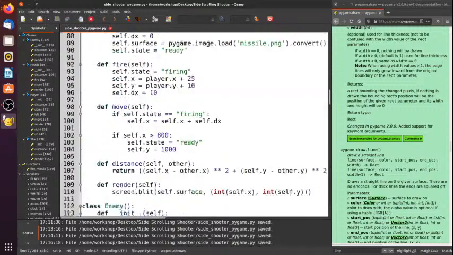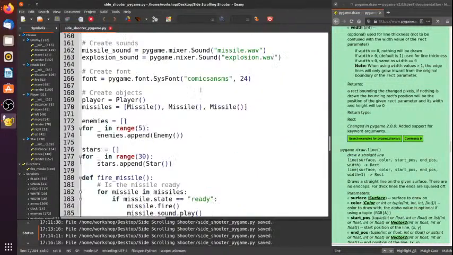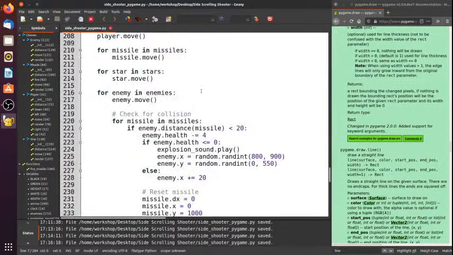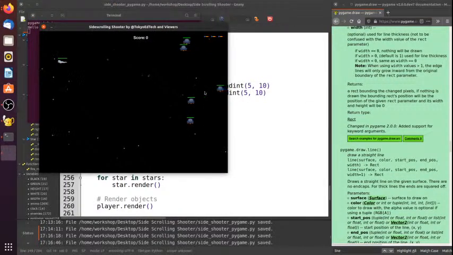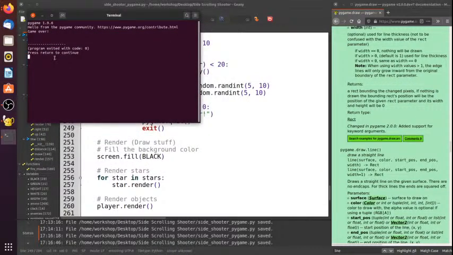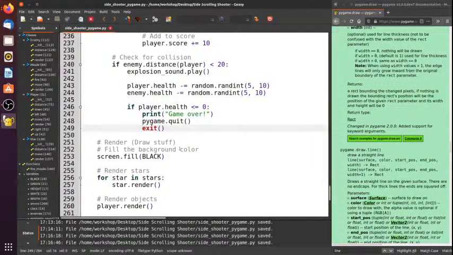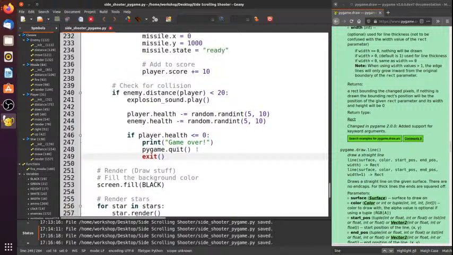I'm going to put that exit thing back in there because I think that's what was causing the problem. Pygame quit should do what we want, but I think it's causing that problem. So let's give it a shot here. Okay, that's working. The other thing I realized is if the player collides with the enemy, they keep colliding, so they're just going to die anyway. So I think what I have to do is